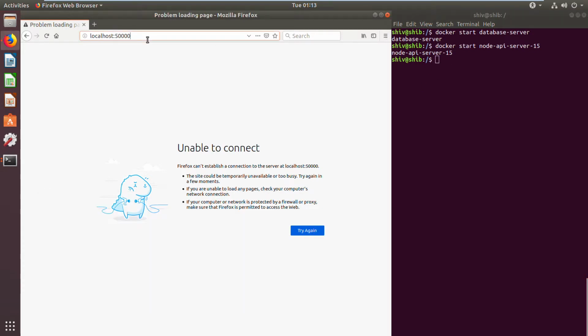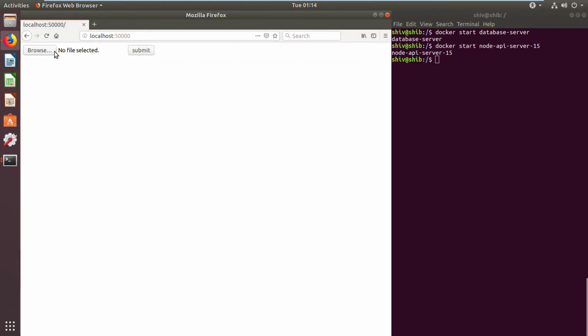So now we will access that port and upload a file, which is a script containing Linux script inside it. I will submit the file and it will go to the server of the Node container, and it will execute and give the output back to the user, and it will also go to the database container, which is MySQL, and